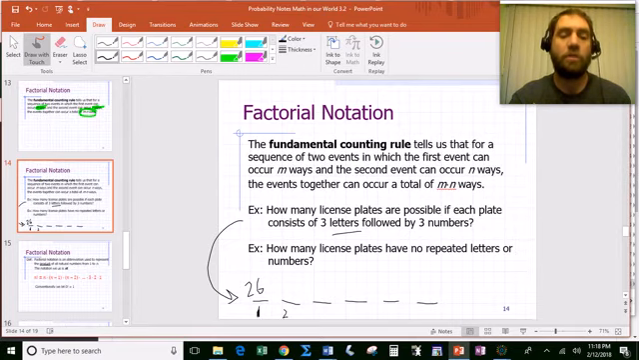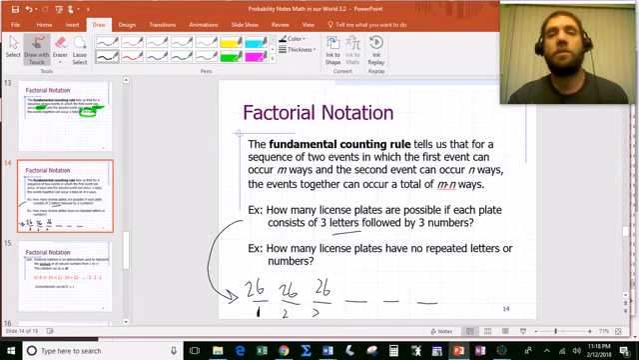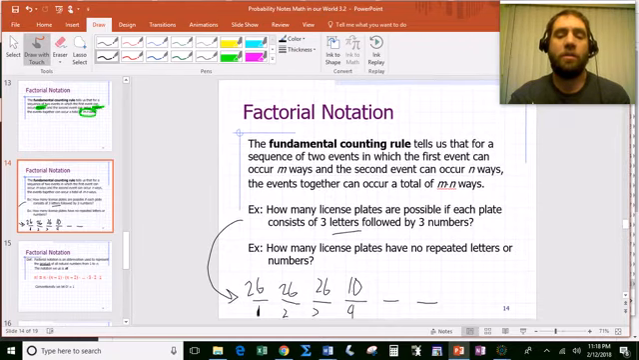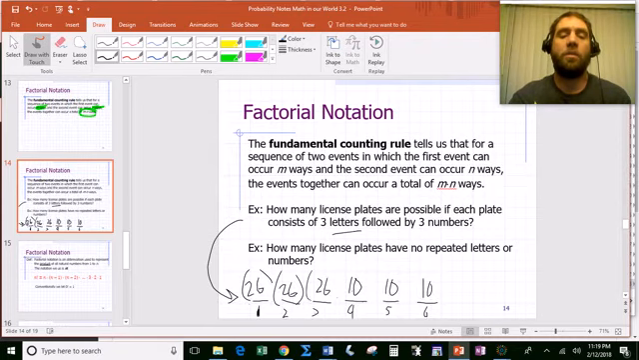Position 2, also a letter, so there's 26 ways that could be done. Position 3, also 26 ways. Position 4 has to be a number, so that's anything 0 through 9, so that's 10 options there. Position 5 is a number, 10 options there, and position 6 is a number, 10 options there. So letter, letter, letter, number, number, number, and to find the total number of possible license plates, the fundamental counting